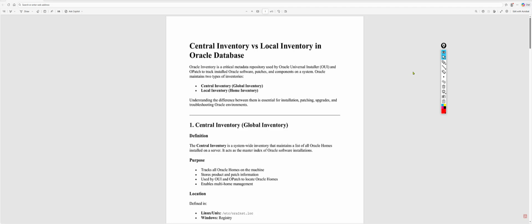So in this video we're going to see the inventory of Oracle database. Every Oracle database software requires an inventory, and there are two different inventories. One is central inventory and another one is local inventory. The central inventory is kind of a root inventory, or we can say a centralized repository or metadata. It is used for tracking all the software related to Oracle database which are installed